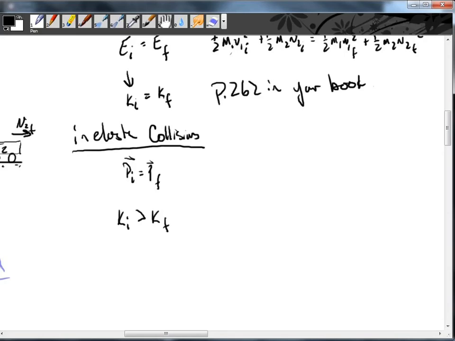All right, that is where we get our inelastic collisions. These are infinitely easier to solve, as long as you grasp firmly the idea that momentum is always conserved, always under all